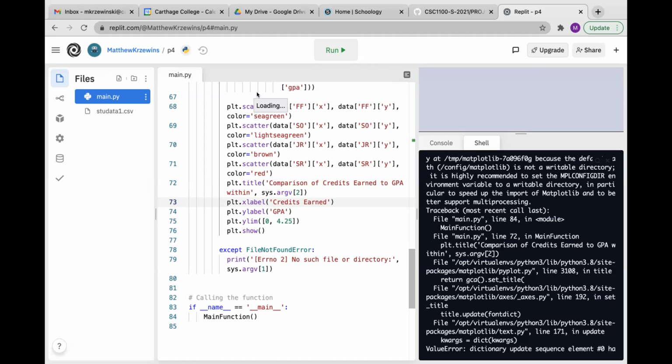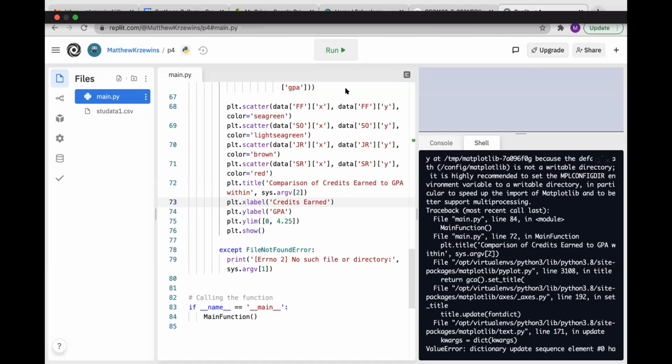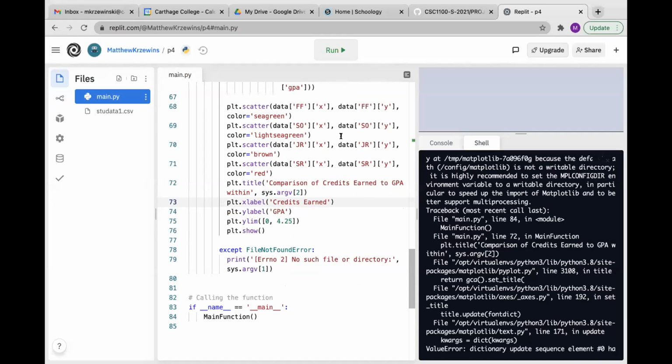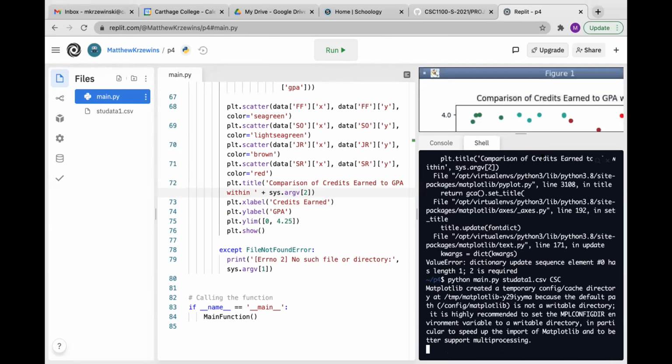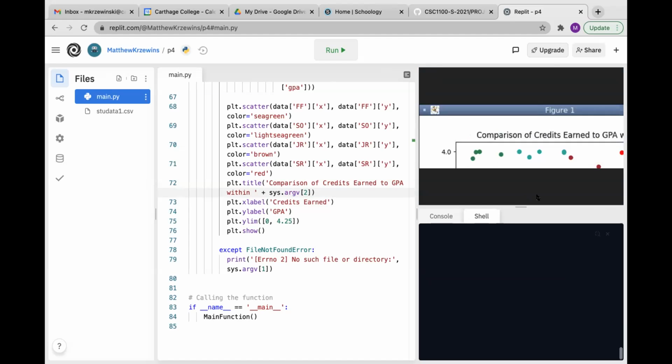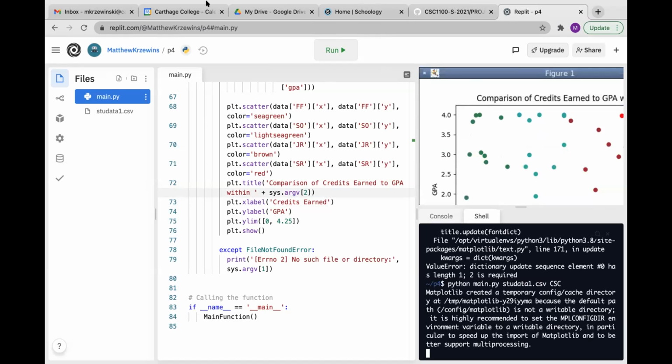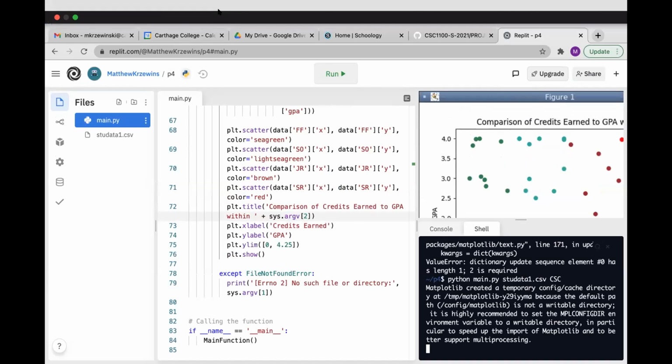Yes. So Matt, changing your comma to a plus sign will actually fix it. Plus you'll need a space after the N and within. Okay, line 72. So a space and then just put a plus instead. Yeah, change that to a plus sign. Try it out. All right, sweet. Thank you. Excellent. Everybody, it looks like Matt's maybe done with his project.